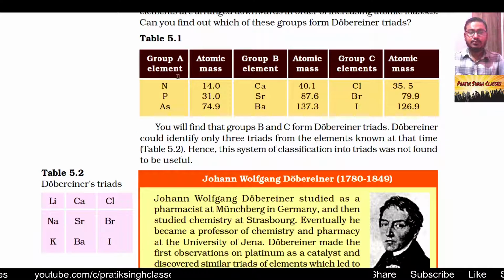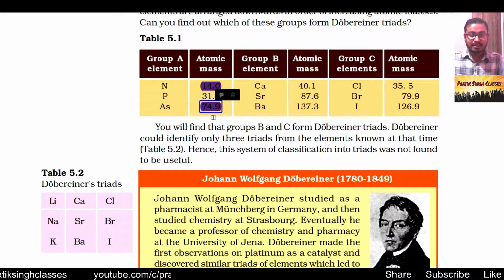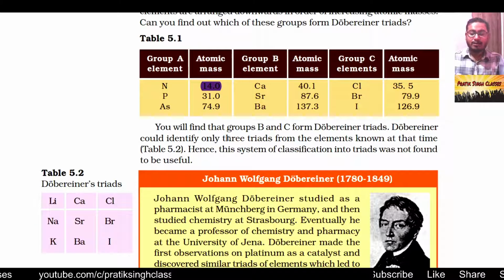If you see the group A elements, lithium, sodium and potassium, the atomic mass of lithium is 7, and that of potassium is 39. Suppose we take 74.9 as 75, then it will become 75 plus 14. How much is that? 75 plus 10 is 85, 85 plus 4 is 89. And the average of 89, how much will that be? If it is 89, it must be about 45 approximately, but here for the middle element it is 31. So Dobereiner is roughly correct, not exactly, in his thought.